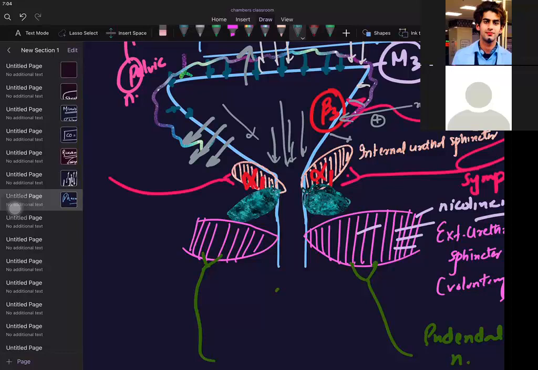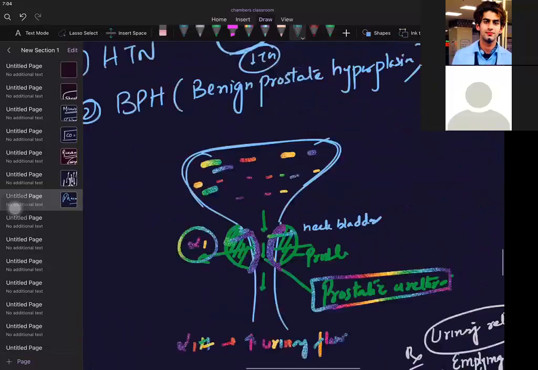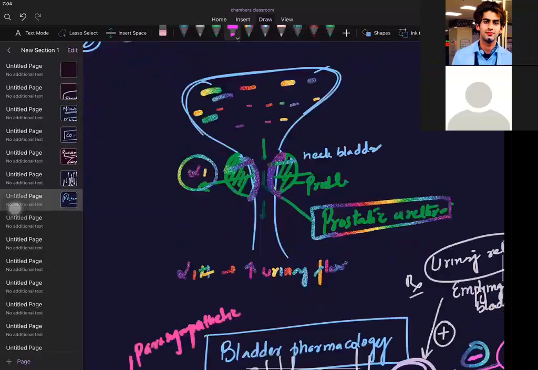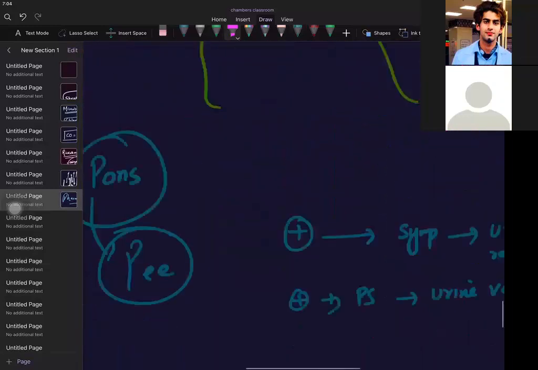Very nice answer. Beautifully people are answering. If I give an alpha-1 agonist, what will happen? It will constrict again. Since in benign prostate hyperplasia, you saw it was already narrowing this cavity, this region was already narrowed. So should I now give an alpha-1 blocker or an alpha-1 agonist? I will give an alpha-1 blocker.